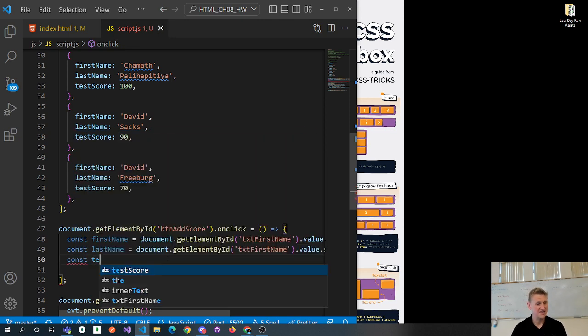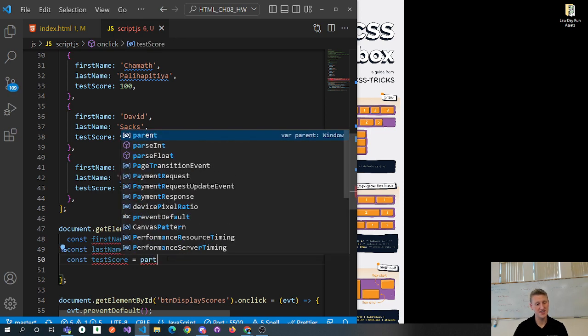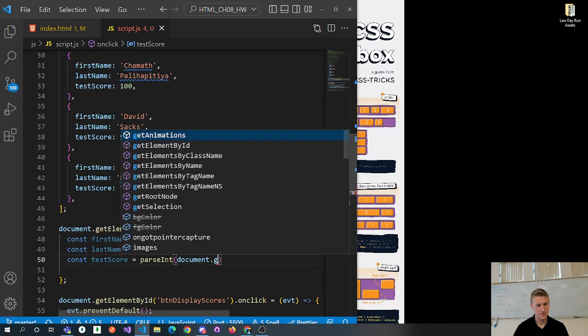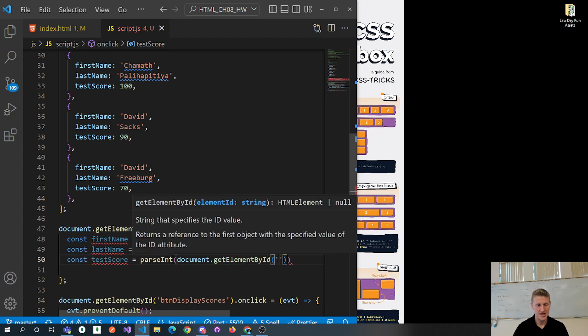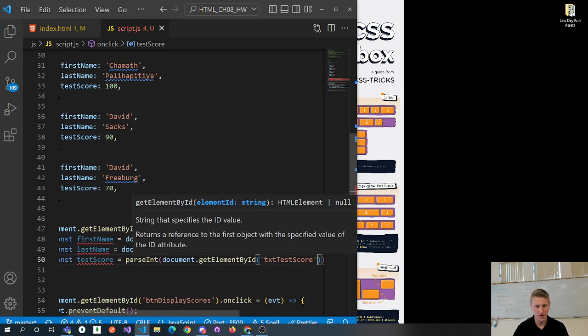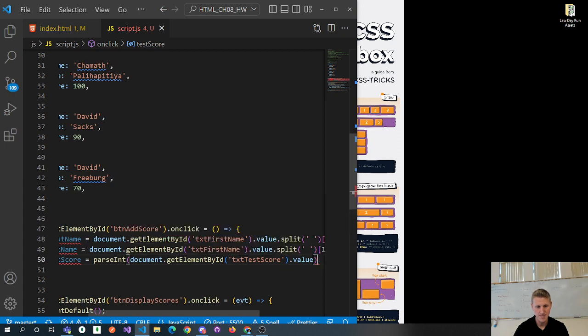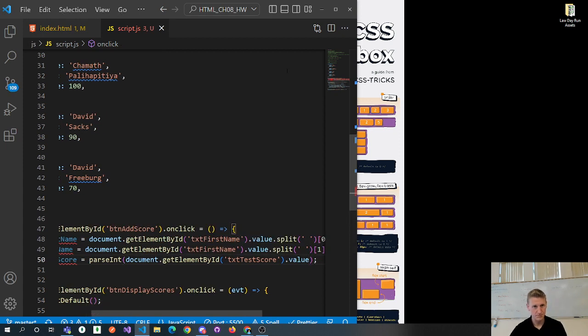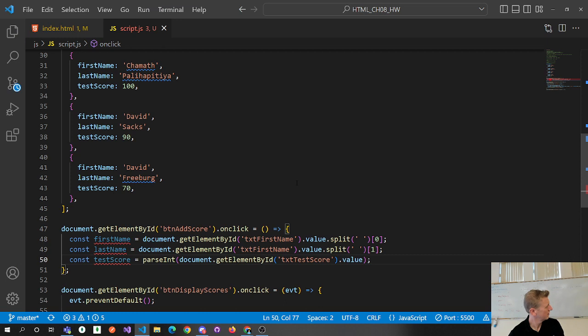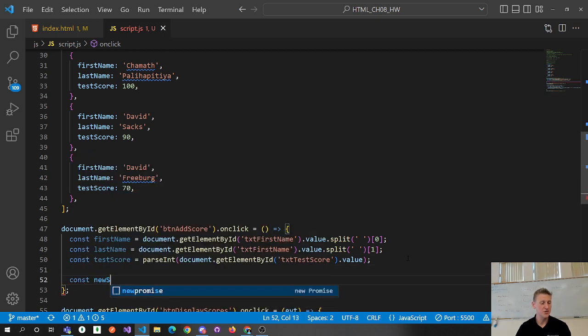And we'll say const test score equals, and we're going to parse int get element by ID text test score, I believe, dot value. Okay, so let's read the variables. And now let's create our object, and then we're just going to push the object. So const new student